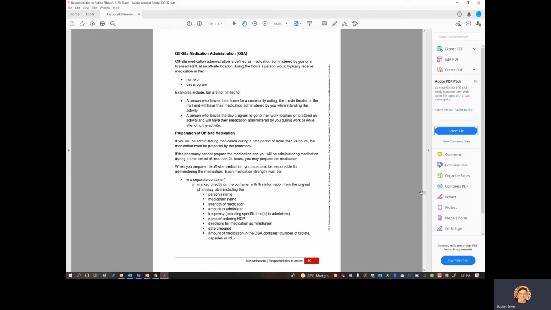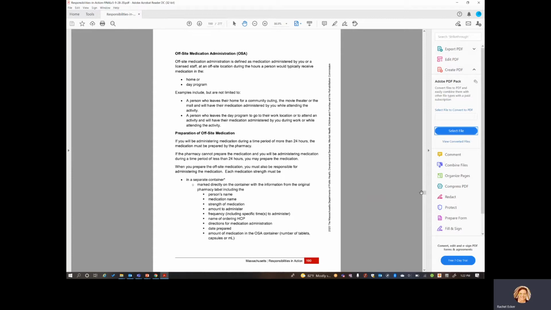Now, if you're just going to a movie and you're going to be gone for 4 or 5 hours and there's a medication time, you can prepare that medication. So if the pharmacy cannot prepare the medication in advance, then you will have to prepare the medication. When you prepare the medication for off-site medication administration, you must be responsible for administering the medication.